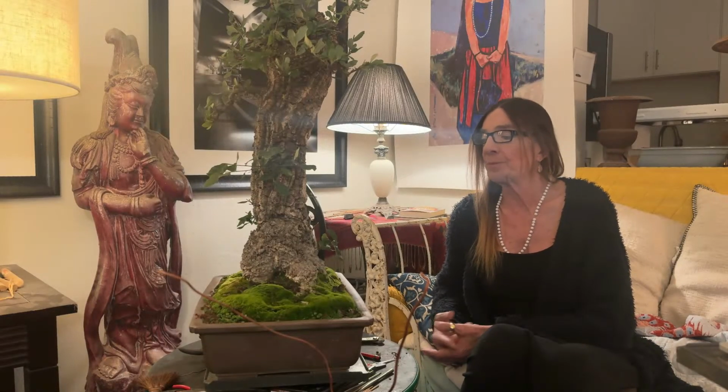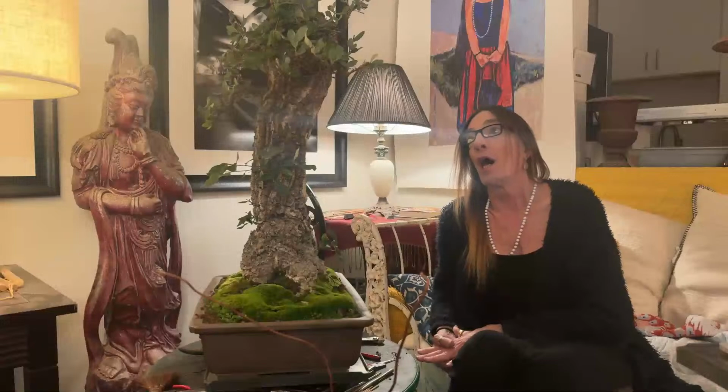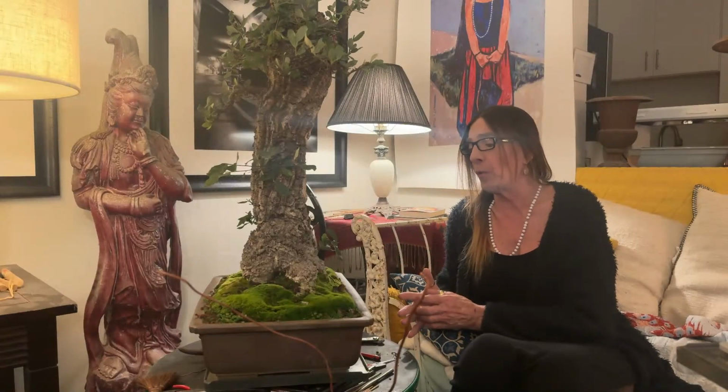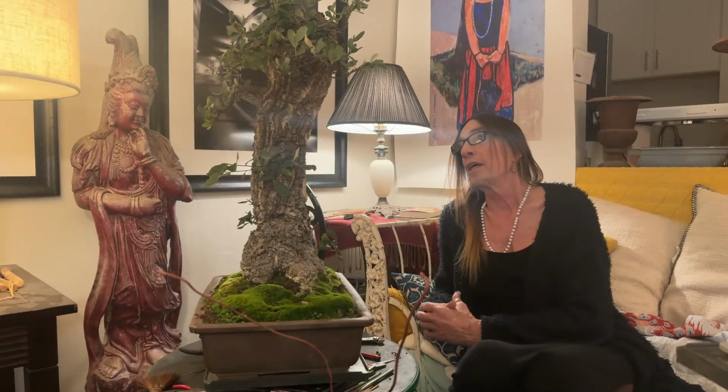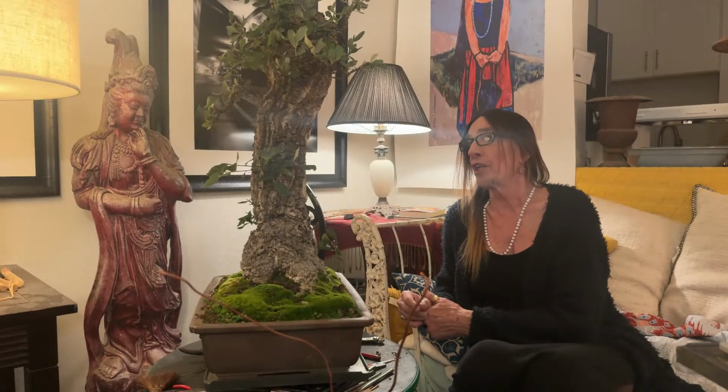And COVID hit. During COVID, I was sitting pretty much right here where you see me now, at this computer that I keep trying to look at, watching bonsai videos, just absorbing everything I could. I started to learn a little bit about what bonsai gardens were in my neighborhood. And I found out that about 30 miles from here in the Bay Area was an elderly gentleman